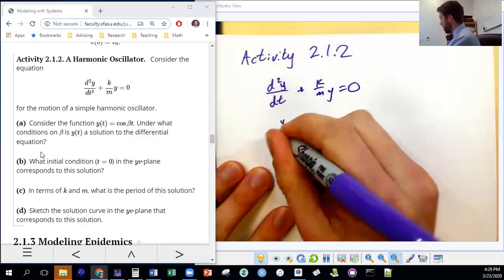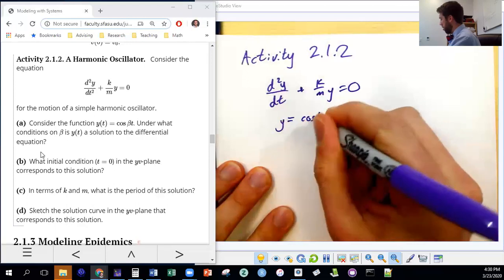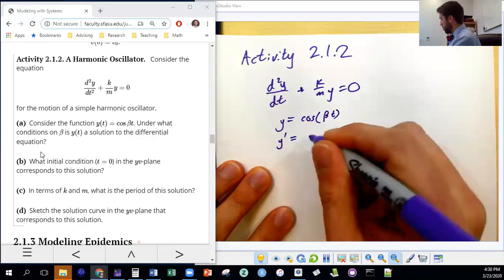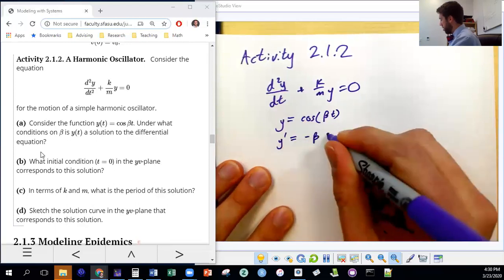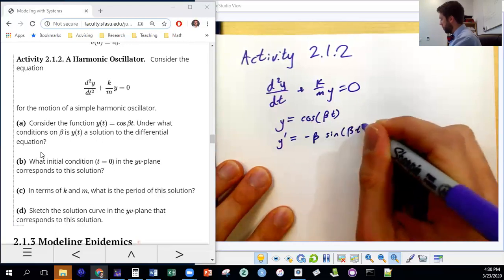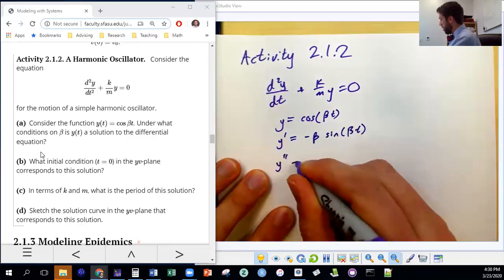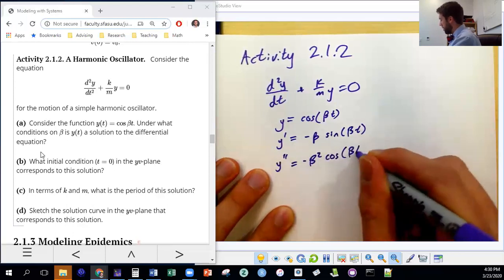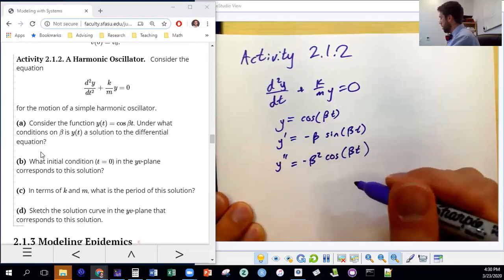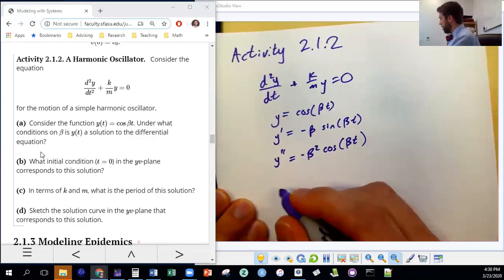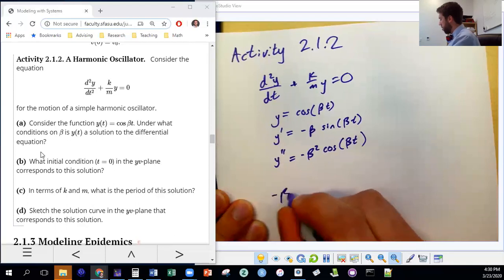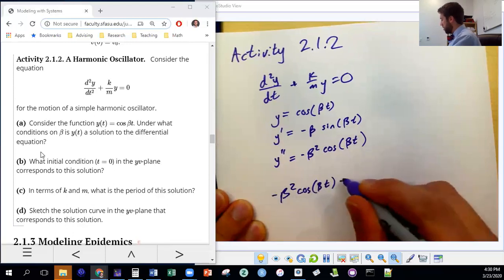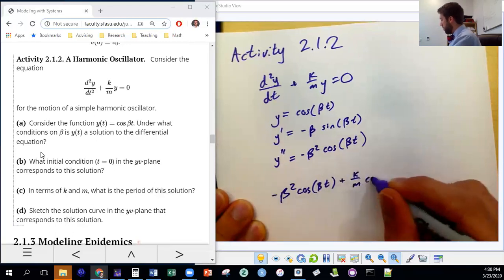So if y equals cosine beta t, then y prime equals negative beta sine of beta t, and y double prime equals negative beta squared cosine of beta t. And so then plugging that in, you get negative beta squared cosine beta t plus k over m cosine of